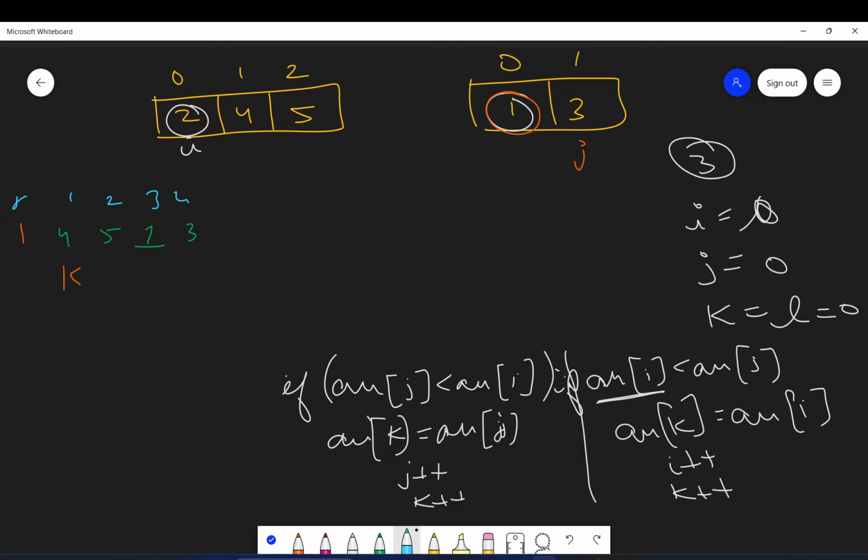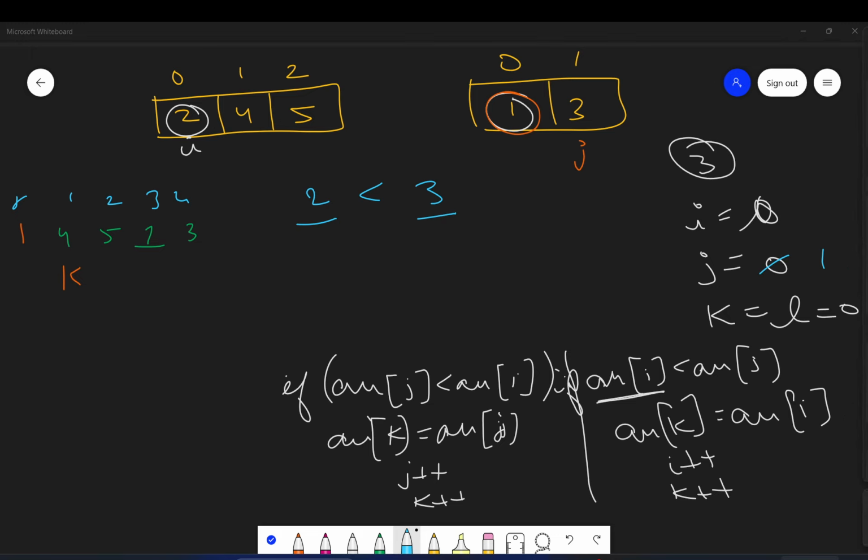Now ARR of I is 2 and ARR of J is 3. Now ARR of I is less than ARR of J, that is this condition. So we will put ARR of I in ARR of K. K will also increment here. I have not incremented here. Here this is 1. Sorry, this is 0. This is 1. And this was also 1.